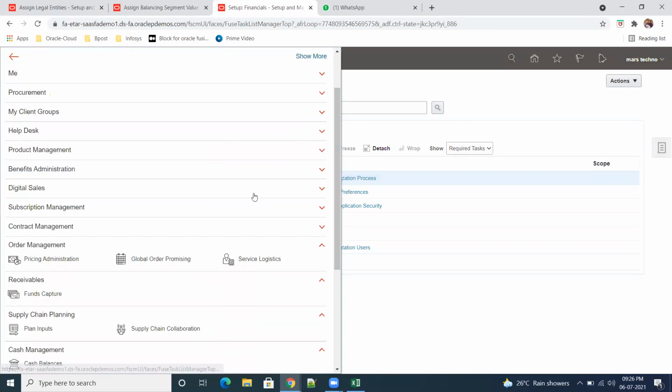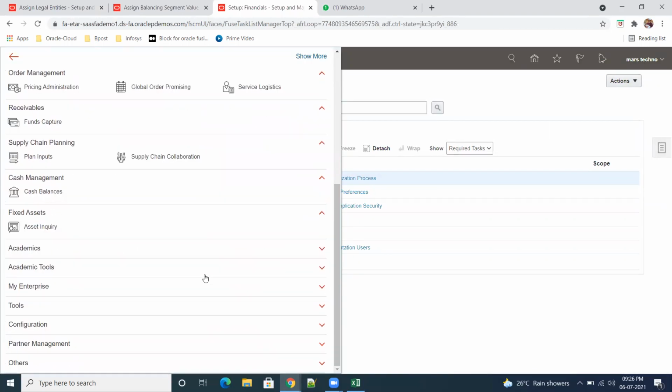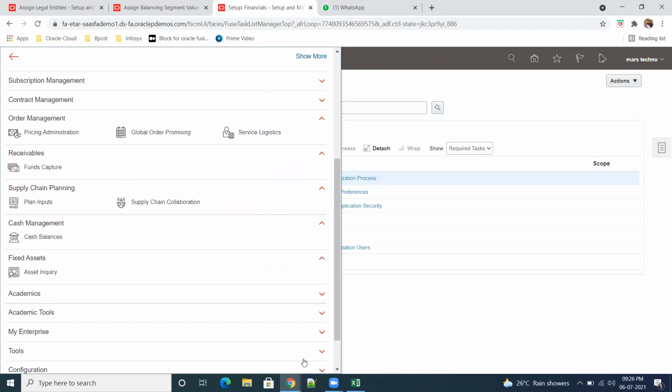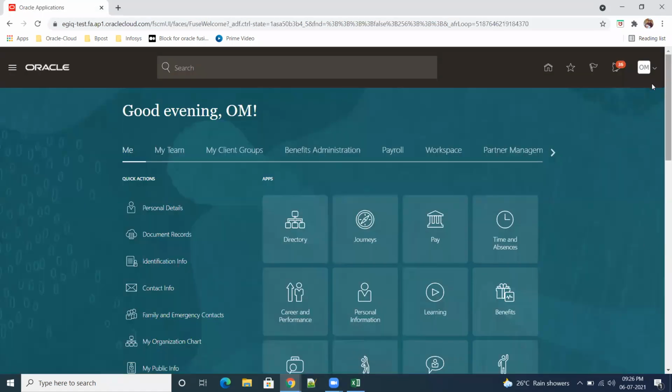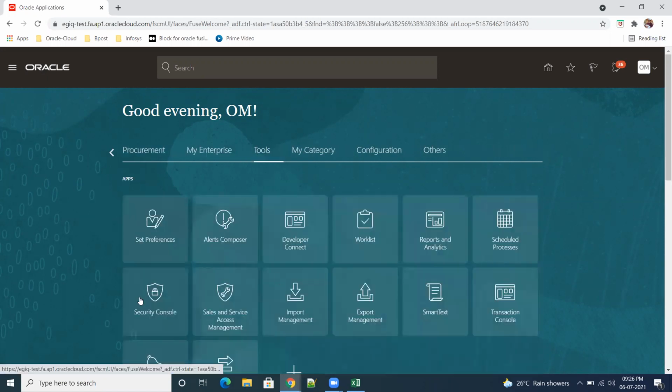General accounting, no, not there. Why is it not there? Because we don't have access. So let me see what roles are required. How to identify the roles? You go to Tools, go to Security Console,